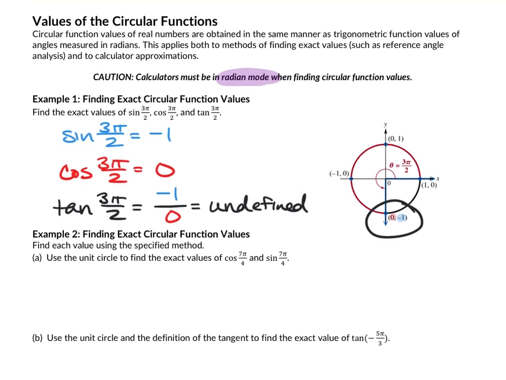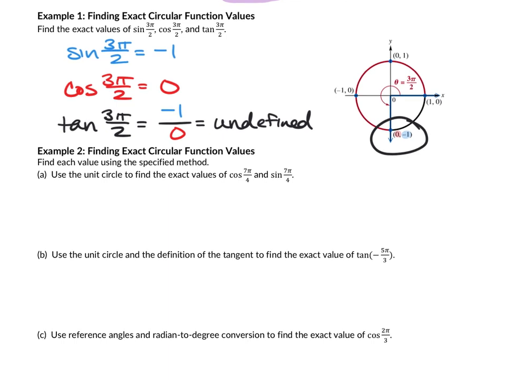Let's do example 2. Again, just as quick. Now, on the next page over, so you do have to flip. Unfortunately, you have to flip right now. I want you to use the unit circle for this one. So flip over your page to find the exact values of cosine 7 pi over 4 and sine 7 pi over 4. So if you look around your unit circle to find the angle titled 7 pi over 4, it's